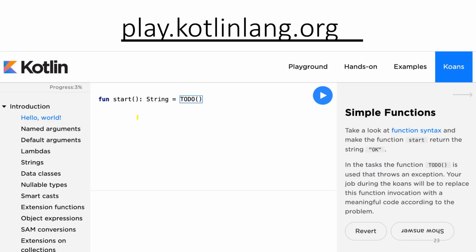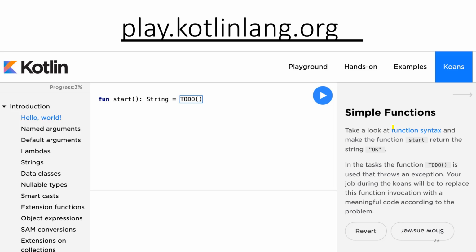If you click on it, Kotlin will provide help regarding what are smart casts, nullable types, data classes, strings, lambdas, etc. The help about the topic is also provided on the right side.